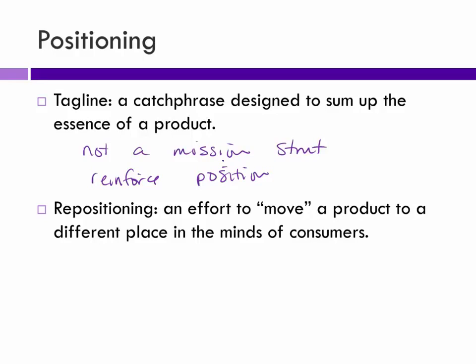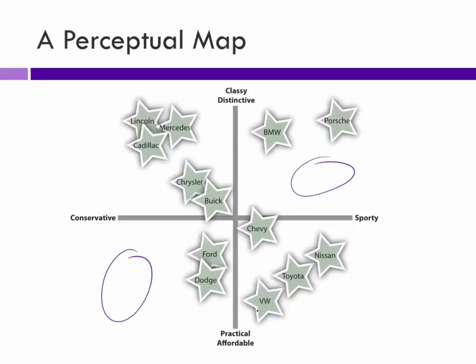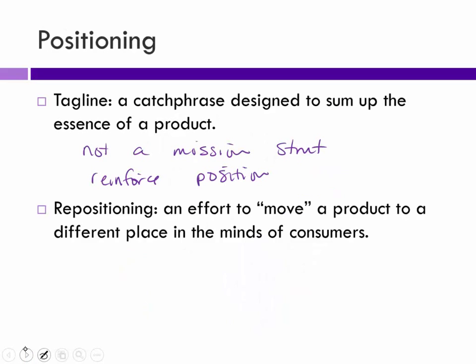And then you can reposition too, an effort to move your product to a different place. If you've been pretty established, that can be really tough. I remember several years ago, Hyundai was trying to reposition themselves from just the low-cost guy to a more high-quality guy, and depending on the product, it can take years to really reposition yourself like that. But it can happen. We try to move people: this is where they see me, and this isn't where I want them to see me. I want them to see me up here. Like I said, it can take a long time to change that.